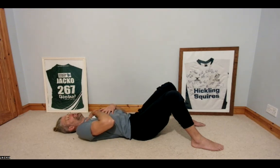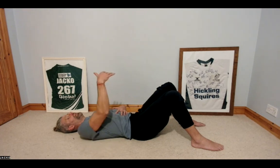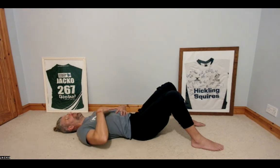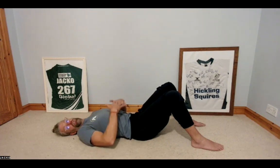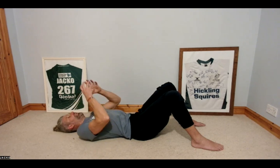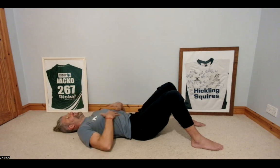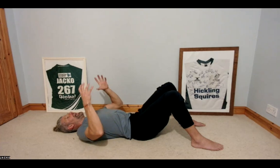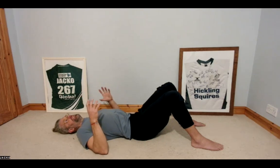We don't need to breathe into the upper chest. So we're breathing low down. We feel the belly rising. But depending on the positioning of your rib cage, it's going to feel very one-dimensional, belly going towards the ceiling. Whereas that's negating and not allowing the correct movement of the diaphragm and the position and articulation of the rib cage. So compare that relaxed position with an active position where about 5% effort,